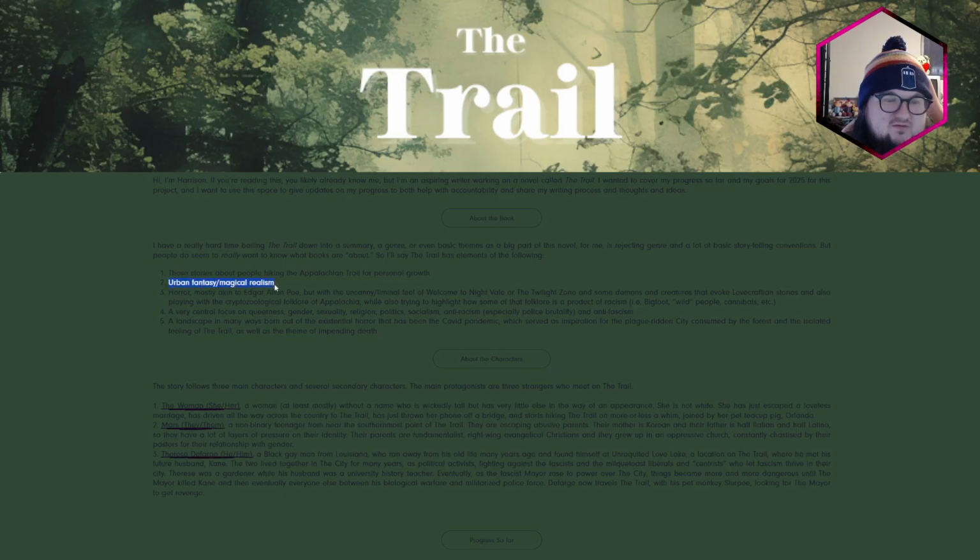And then there's also a lot of elements of, I say urban fantasy, even though it's kind of a rural thing because they're sort of isolated in the trail and in small towns for most of it. Although there is the sprawling ruined city that has been overtaken by plants. But I say urban fantasy in the sense of modern, sort of rough fantasy, sort of like Shadowhunters, a lot of young adult rough modern city fantasy. Like, what would it be like if there's vampires and fairies living in a city? It's got some shades of that.